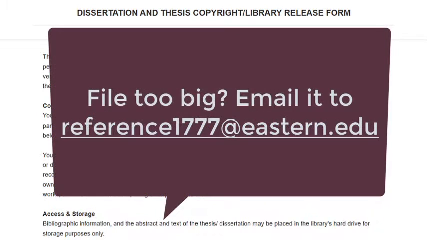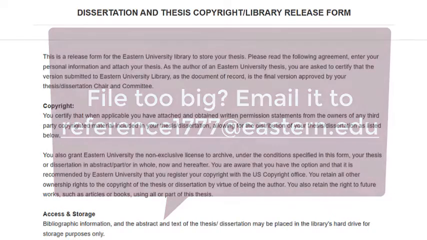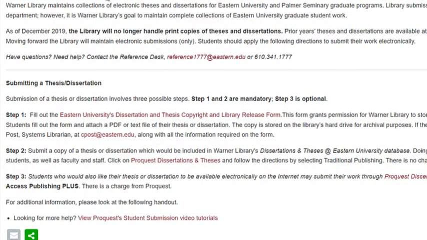If the PDF is too large for the form, you can send the file, along with all the form's information, to reference1777@eastern.edu. Step 2 gives you the opportunity to have your thesis or dissertation available for other researchers at Eastern to